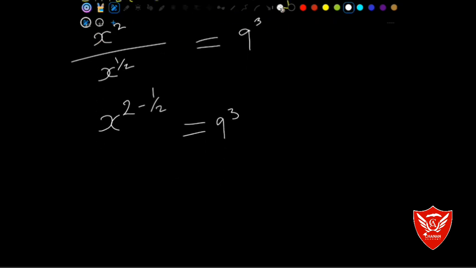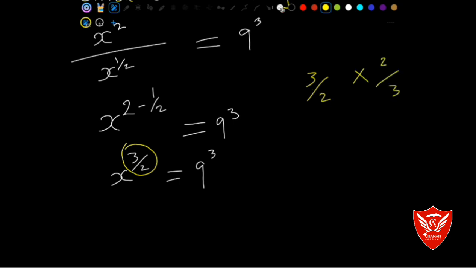So if you subtract that power, you're going to have x raised to the power of 3 over 2 equal to 9 raised to the power of 3. At this point, what we need to do is to try to eliminate this power so x is on its own. And the way to do that is to multiply by the inverse of the power. So what I mean by that, we have 3 over 2. If we multiply by 2 over 3, this is going to cancel and this is going to cancel. So we have 1. Remember, the rule is whatever you do to the right hand, you also do to the left hand. So we are going to have